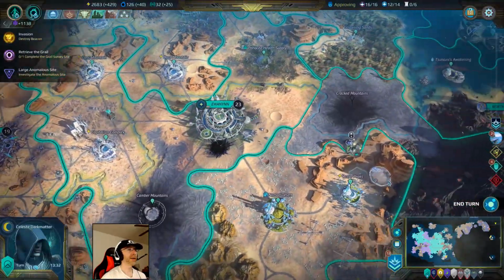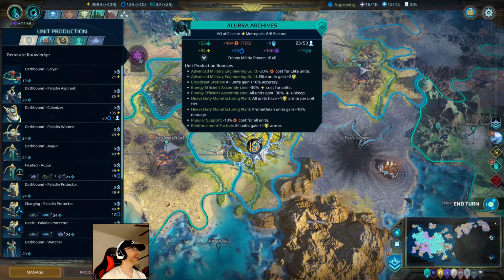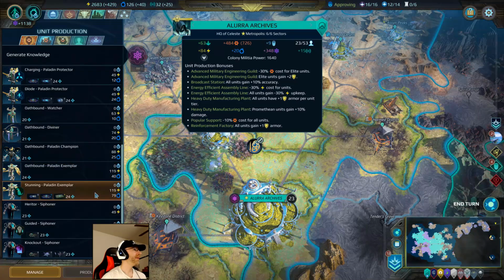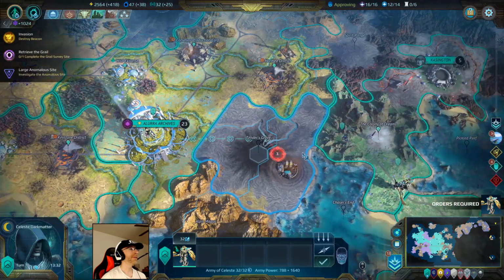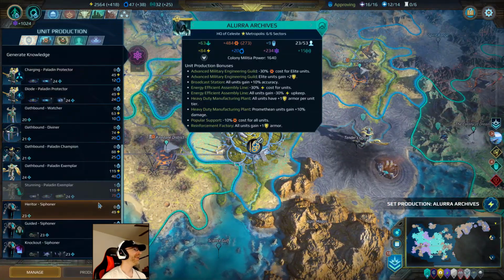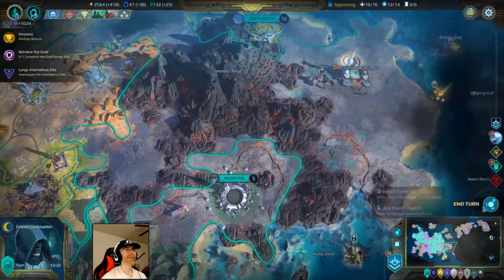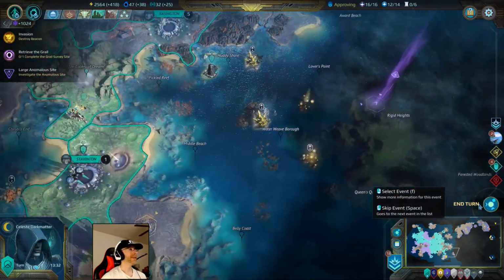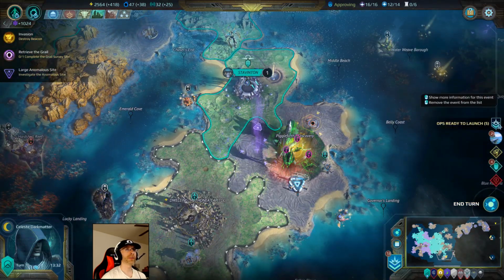That actually worked out quite nicely for me. In fact, nicely enough that I think Allura Archives can build another big guy. How fun. Oh, it did it in one turn. Nice. Can't do another one. Okay, back to research then. Okay. I think we're good. Let's check these real quick. We got ops ready to launch, but I think I know...